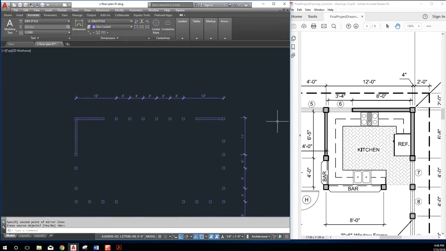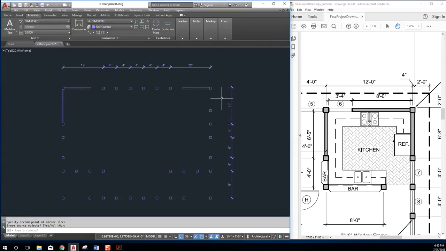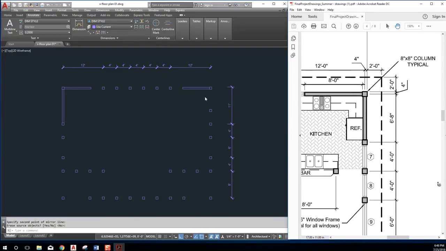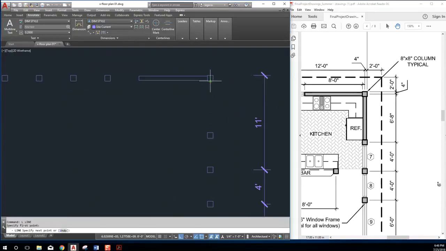Okay. I also could have just used the from command and drawn it just like I did on the other side, right? Which would have been fine too. So now it's time for me to draw my walls over here. L for line, again, I'm just going to draw a line down the center, and then I'm going to offset it 3 inches. Offset 3 inches, enter, click, click, click, click,